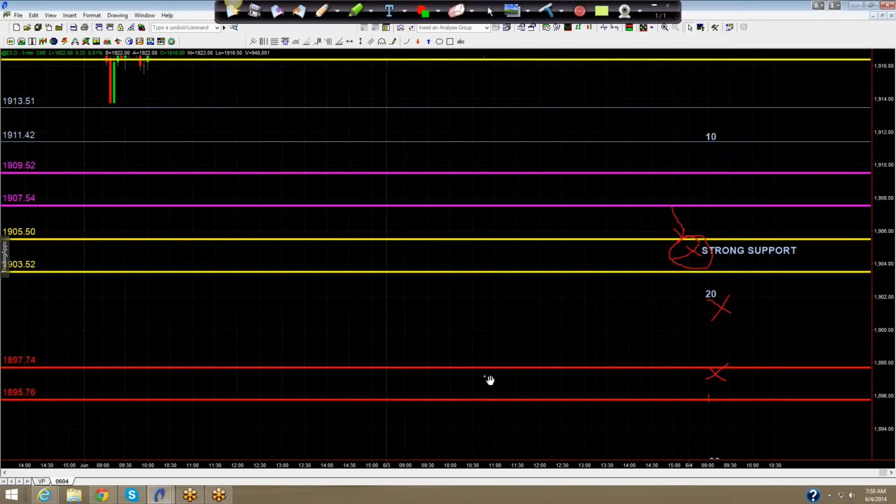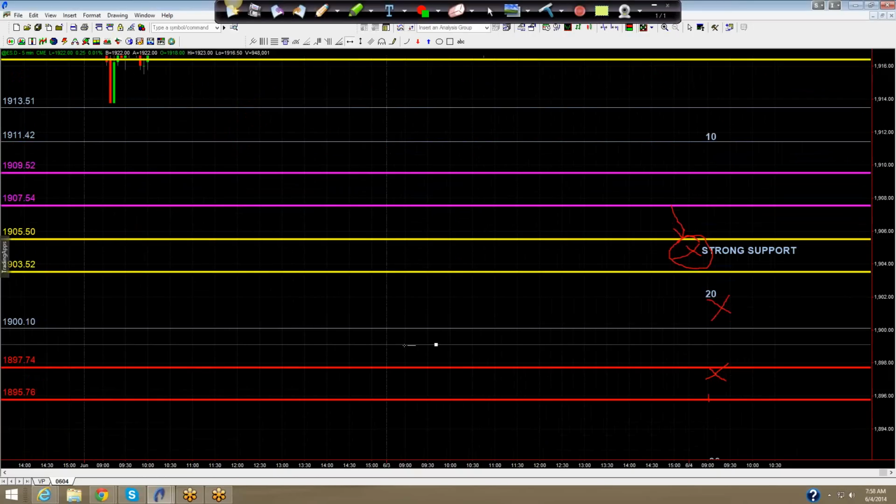1897.75. Okay, there is psychological support at 1900, and there's a dash right here at 1899 that someone might try to turn from, but there's really nothing here. Okay, it's really when I'm going to have to make a decision as to whether I take a trade. The reason there's not a zone here is I could technically put a zone here from 1899 to 1901,